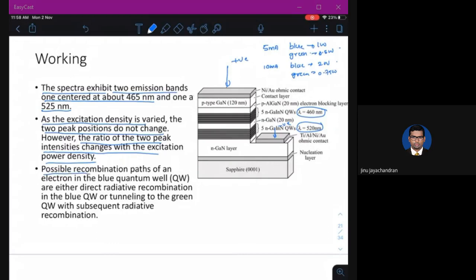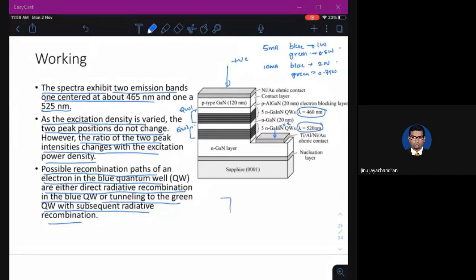Now, the possible recombination paths of an electron in the blue quantum well are either direct radiative recombination in the blue quantum well, or tunneling to the green quantum well with subsequent radiative recombination. Since you have two active layers, there is a first quantum well here and a second quantum well here.